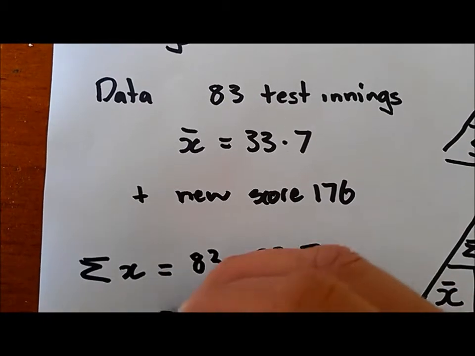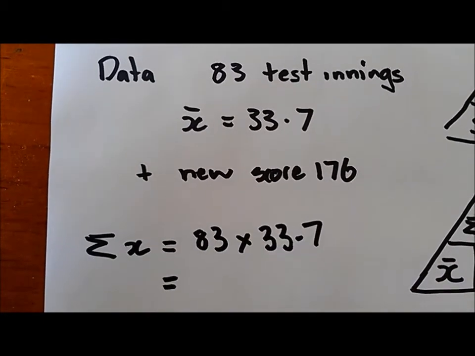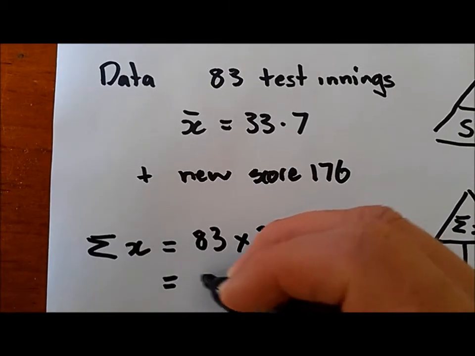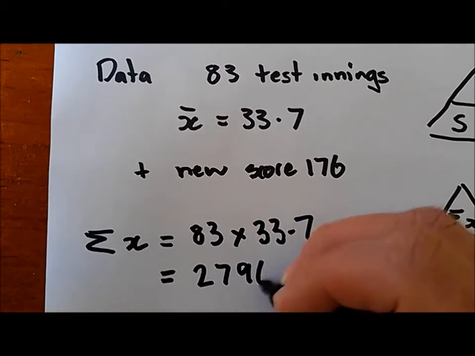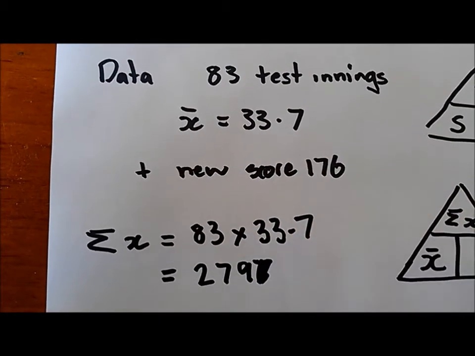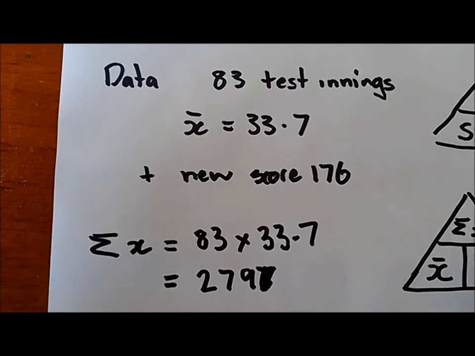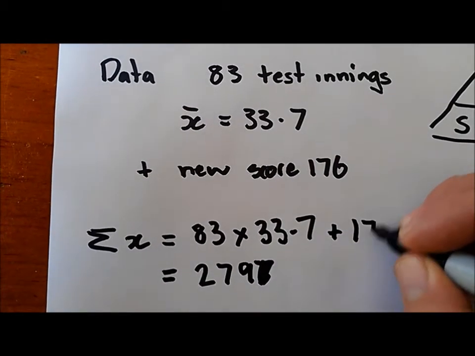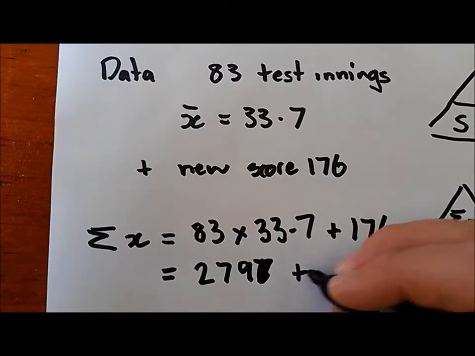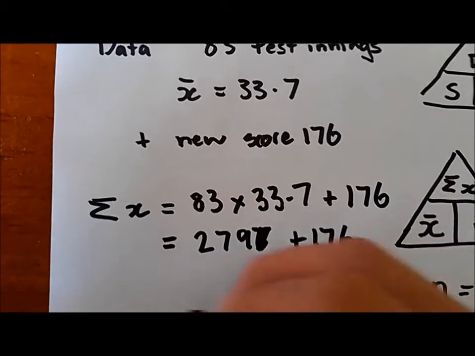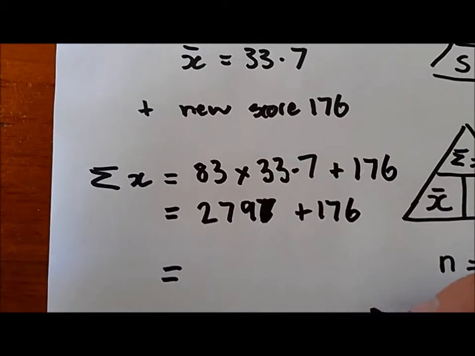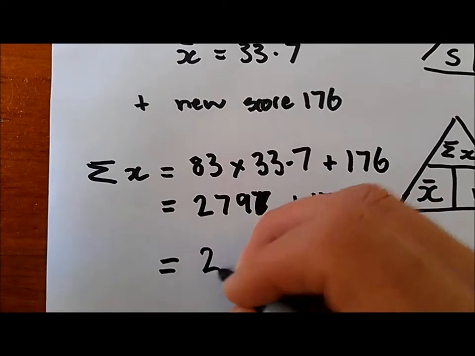Now this was a rounded mean, so our score is going to be out a little bit from what we did previously. This works out to be 2797. Now, on top of that, he's just made a new score of 176. So I'll add the 176 on, and that gives us a grand total now for Shane Watson of